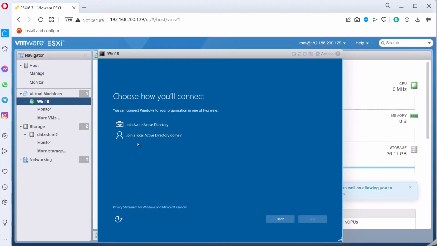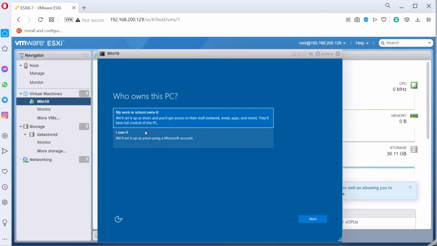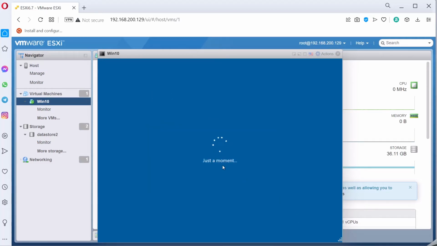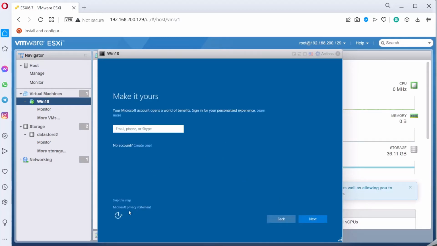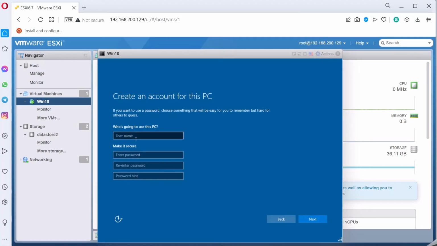Right, join Active Directory. No, that's not the one. So the reason in here, this virtual machine got an internet connection. So it's trying to connect to internet to get the activation. So I shouldn't do that part. I don't want to do this using Microsoft account. The best option for me to do it, just remove the internet connection, right? Or you can see this option, skip this step, right? So if you skip the step, that will just go and create a local profile or local user without using a Microsoft account. So I'm going to say Win10